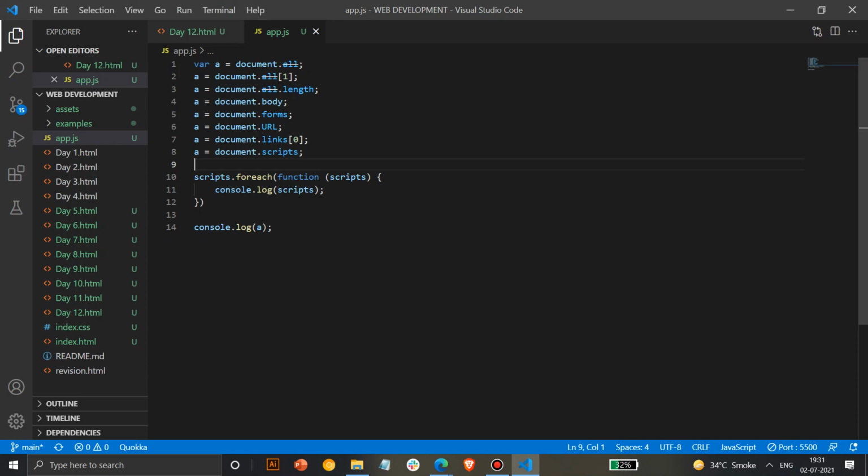What the issue is, when you use collections, they can't be directly used. Whenever you use scripts, you have to convert that scripts into an array. Whenever you're using any script or any functionality, you have to always convert it first into an array. So we can convert this into scriptsArr, and we'll convert this script into an array. So anyone, how to convert a collection into an array? Anyone?